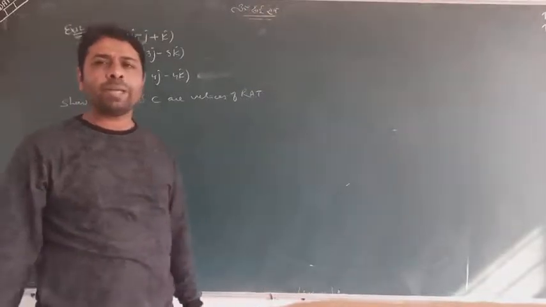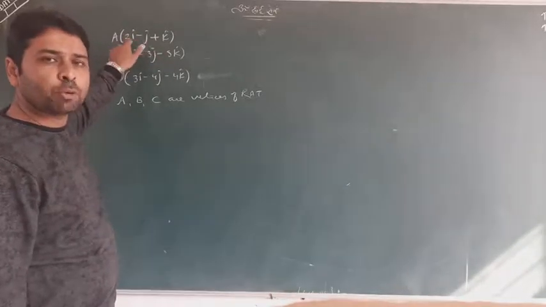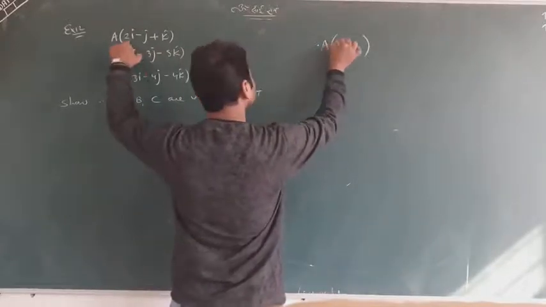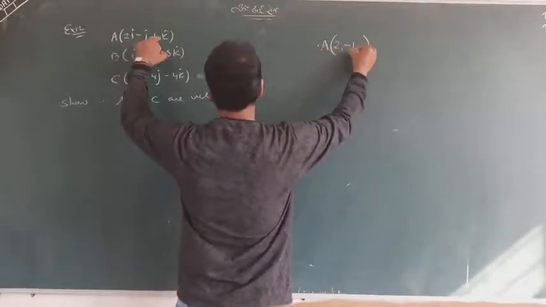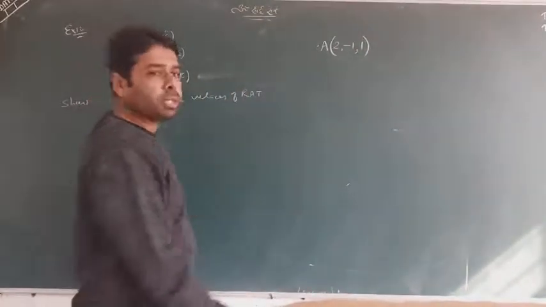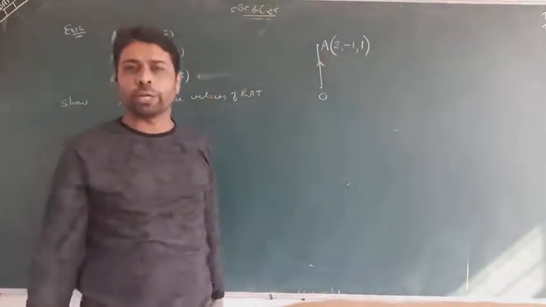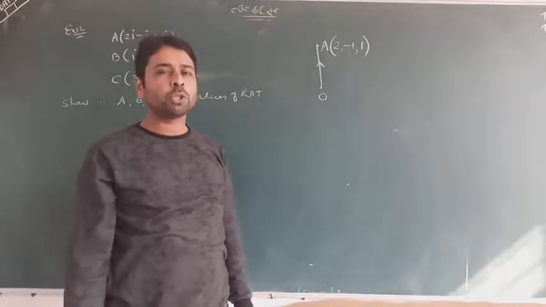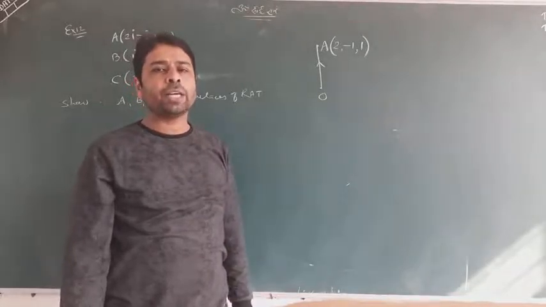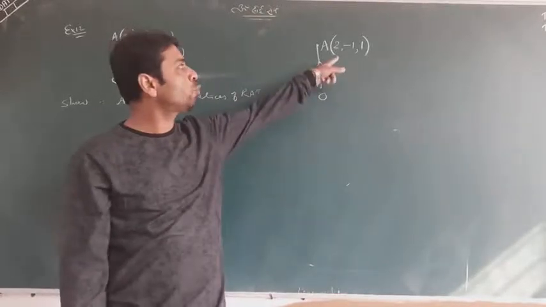Students, I want to familiarize you with the language. When A is given in brackets, it means this is the position vector of A. And if you talk about A as a point, it is actually (2, -1, 1). And what is 2i minus j plus k? This is the position vector of A with respect to O. And where is O? O is the origin, which need not be displayed there. So students, whenever any point is given in i, j and k, it is actually its position vector, but according to the coordinates it is (2, -1, 1).